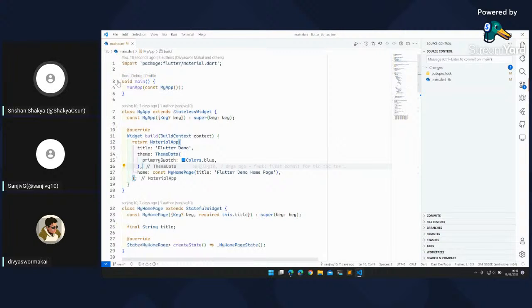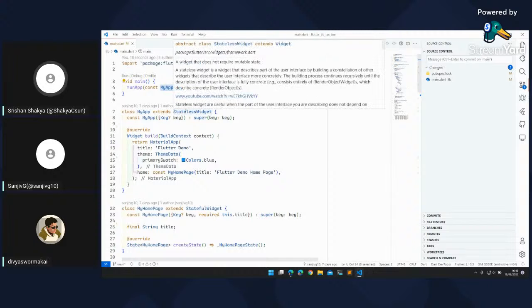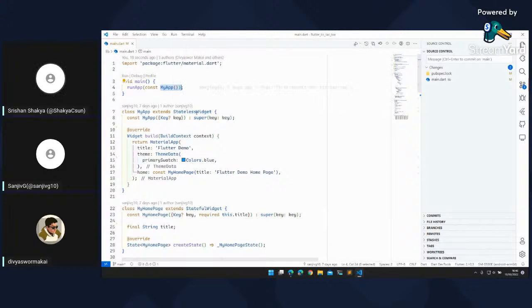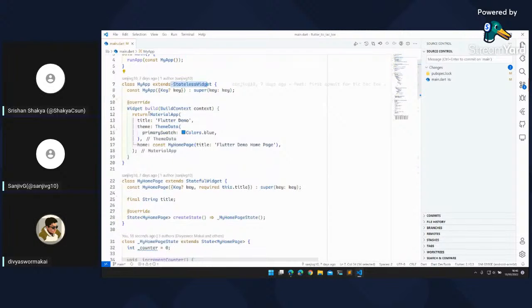We have previously discussed that runApp is the one which will draw the first frame of Flutter, and it will draw this MyApp widget, and everything that Flutter draws on your screen is a widget. So MyApp is a stateless widget, and it draws a MaterialApp. The MaterialApp, as we have discussed previously, provides certain nice things. It will configure a default theme for you, and also how to lay out the text and other stuff, and also the navigation.